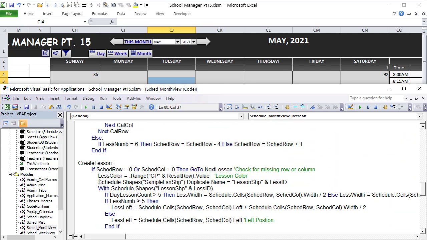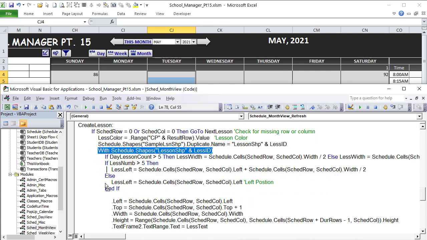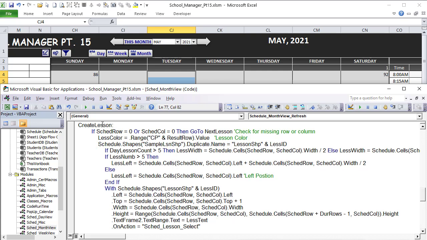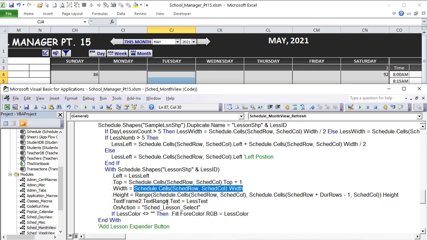All right, now we're focused on the schedule shapes right here. Okay, so we can drop this down here. Okay, so all we did with these 2 lines of code was set the lesson width and we set the left position. So now that we have those variables, we've got the right positions, the left is going to be equal to basically the same as the variable, lesson left. The top is going to be equal to, in this case, we'll update this, the width and the height, we've set it up. So the width is going to be, we want a fixed width on this,